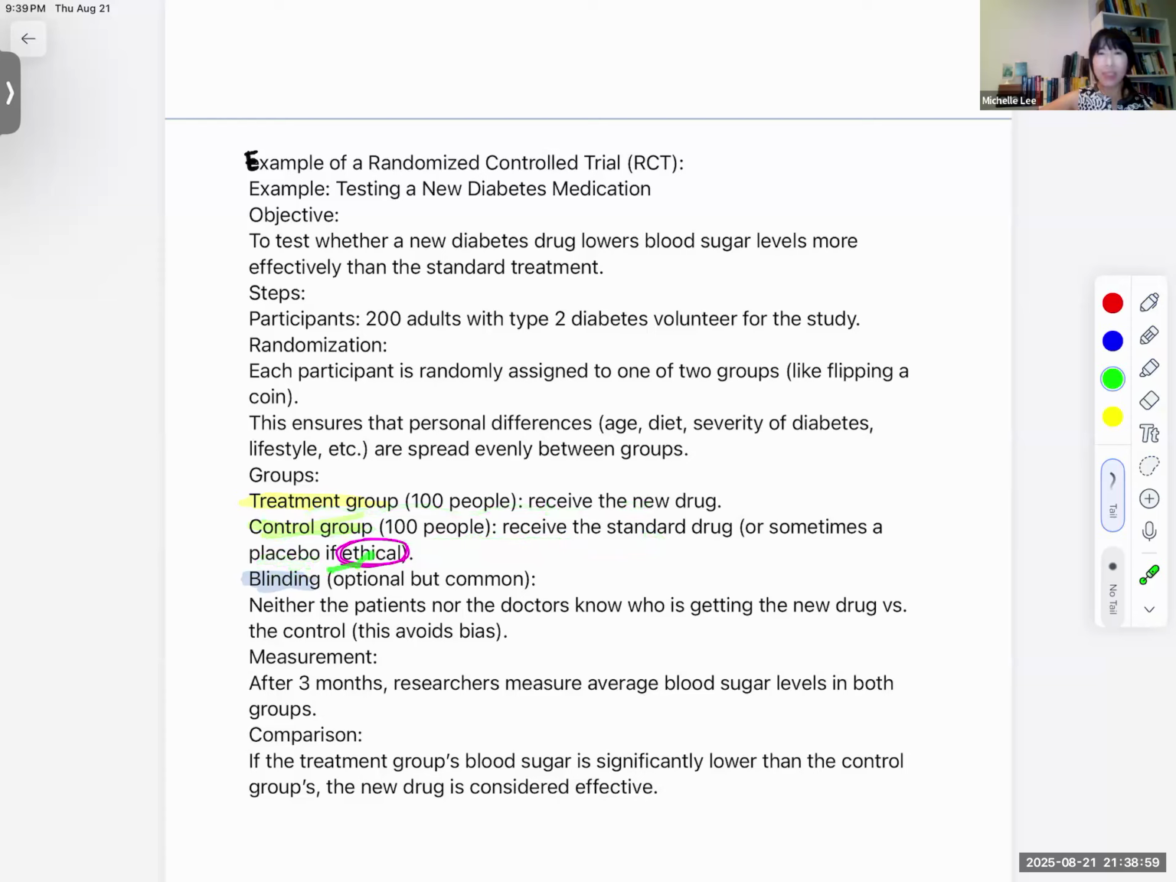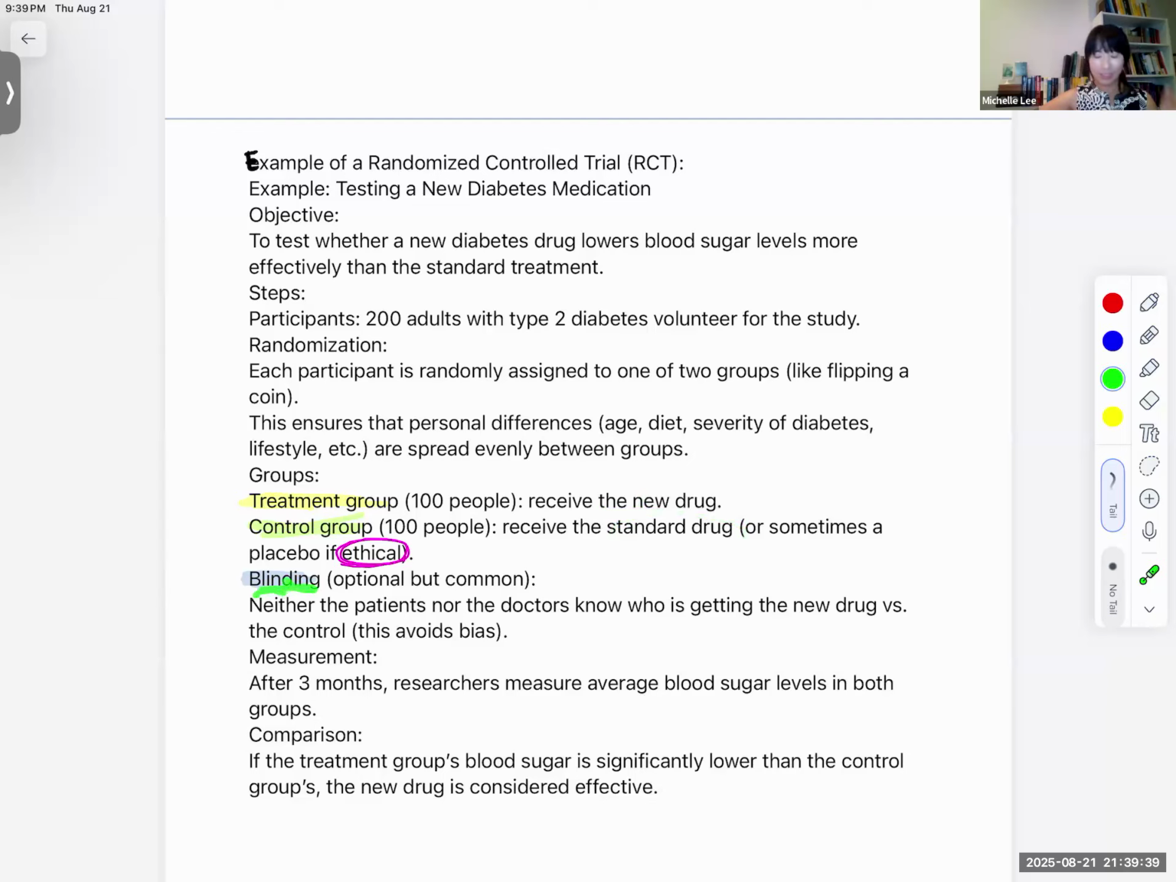If ethical, we cannot give them a sugar pill, right? Because they are diabetic patients. If we give them a sugar pill, that's not ethical, right? It must be ethical. We cannot kill the people, right? So we give them their regular drug. We cannot give them the sugar pill, right? And the 3-month group, we give them the new drug, right? Okay,